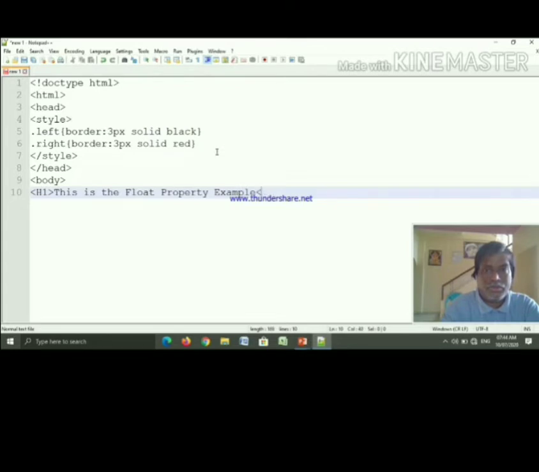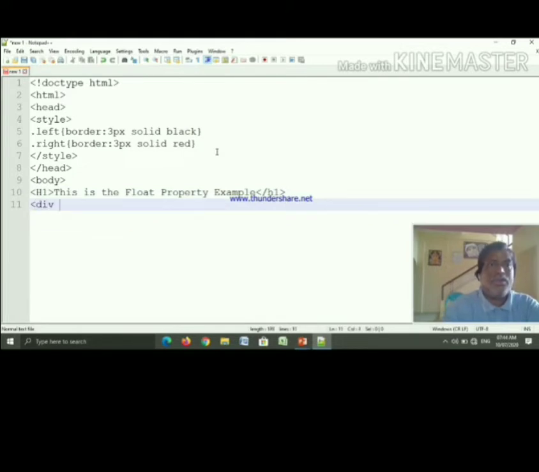End of this h1. Okay, and now use div. We are using the class here, so use the class attribute and take the value of the first class, left, then: this is left float. Okay, end of div.